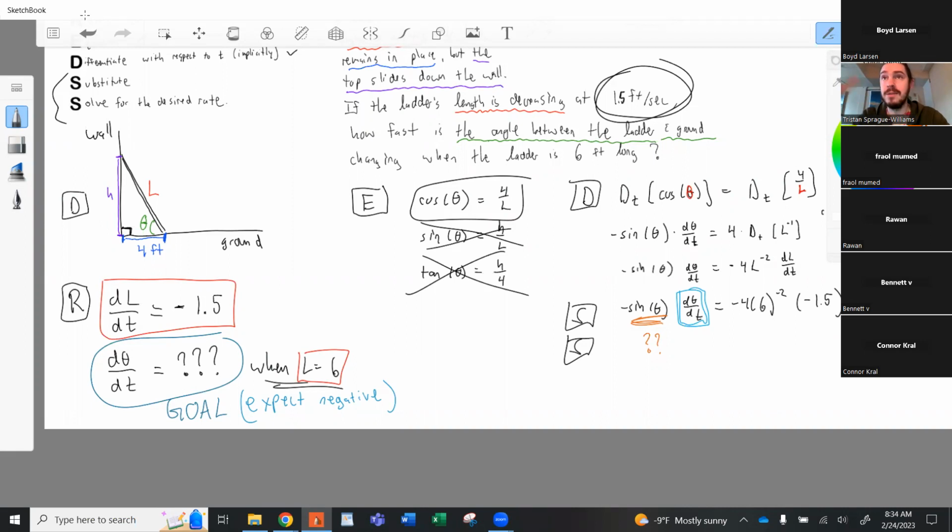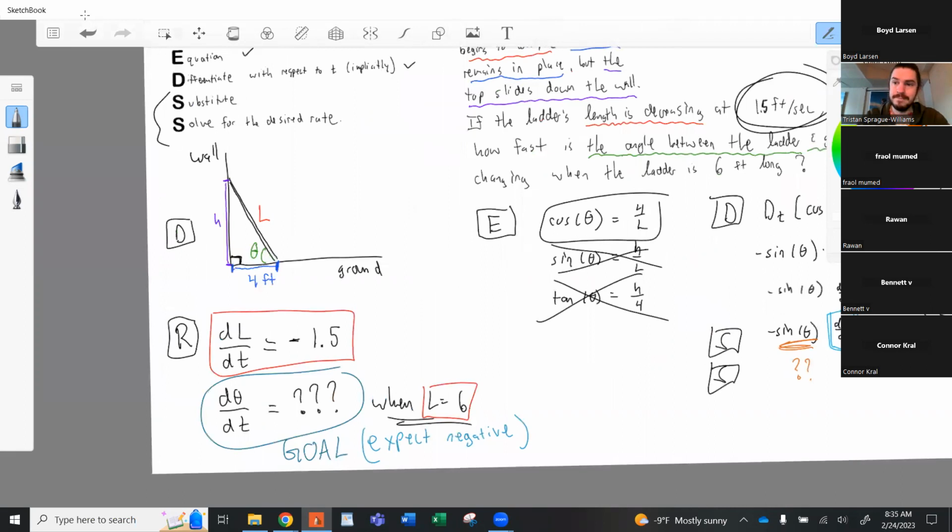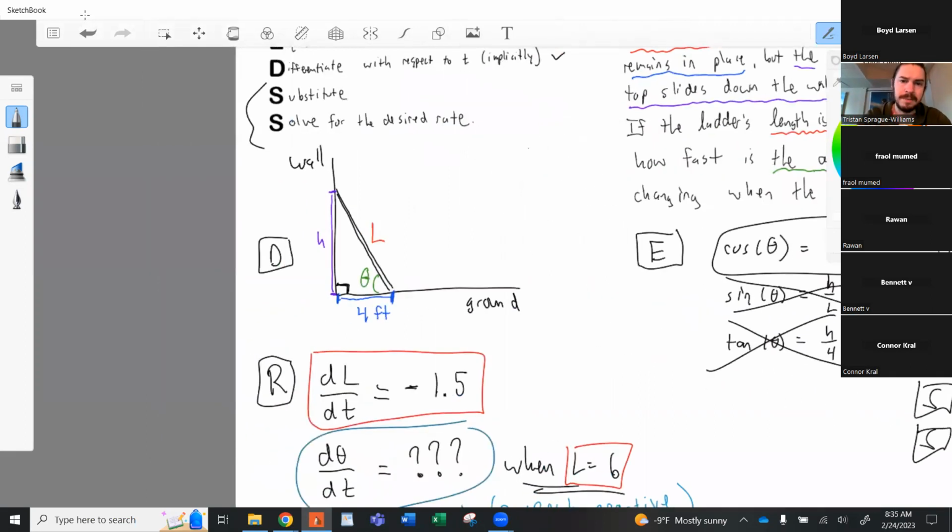So we can get a constant answer, right? We need to get a number. Can we use the ladder, 6 feet long, and then do sine of theta, which is, no, cosine? Never mind. That'd be, no, cosine. You're onto something. You're onto something. So over here,